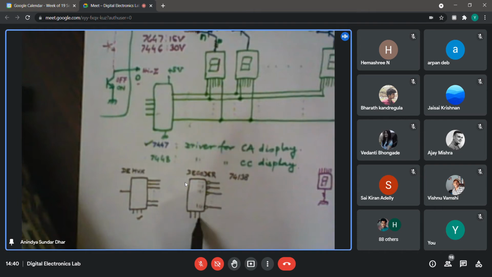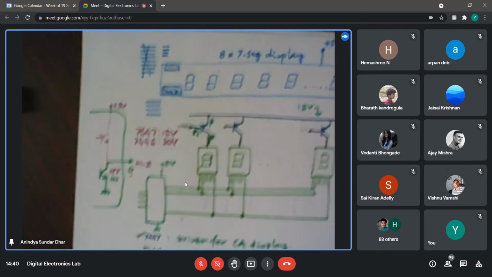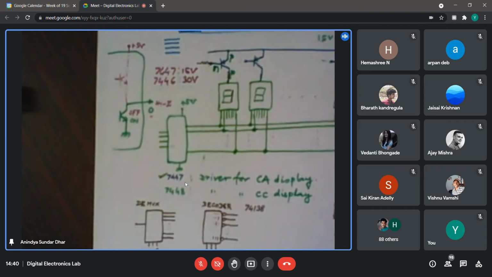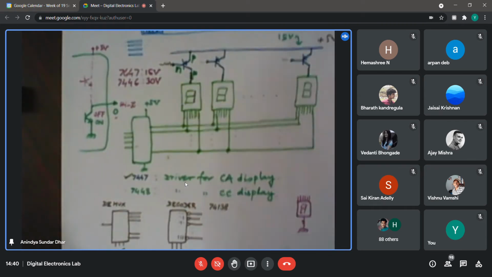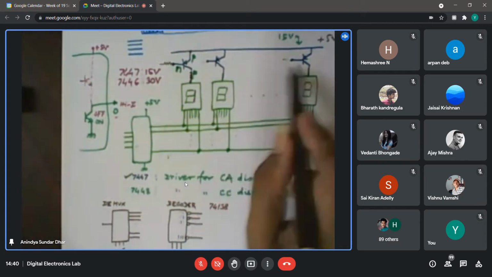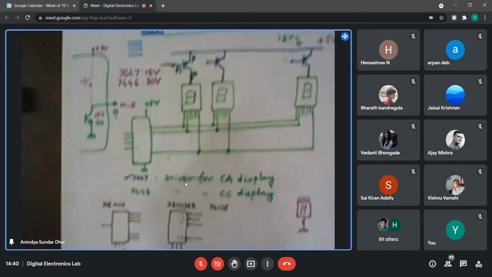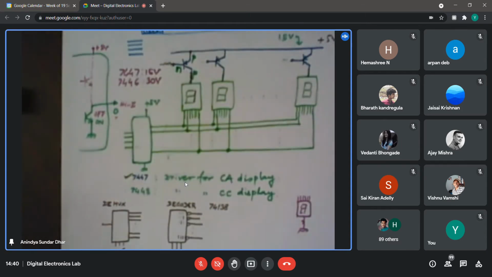So depending on this line, now, where should I connect them? They should go to the base of the transistors, right? If I look into the base of the transistors, then at a particular instant of time, only one base of the transistor is becoming low. That means one of the PNP transistors will become on. Now, which transistor will become on? How do I decide? I have to give the corresponding pattern in these select lines, the 3 input lines. So where do I derive those connections from?